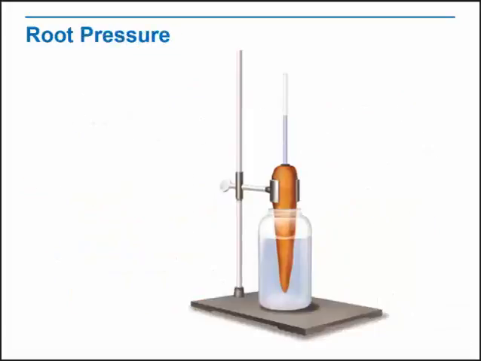As minerals are pumped into the vascular cylinder, more and more water follows by osmosis, producing a strong pressure. Because the water is contained within the Casparian strip, the water has just one place to go: up. Root pressure produced within the cylinder by active transport forces water through the vascular cylinder and into the xylem. As more water moves from the cortex into the vascular cylinder, more water in the xylem is forced upward through the root system. Root pressure is the starting point for the movement of water through the vascular system of the entire plant, but it's just the beginning. Once you've learned about stems and leaves, you'll see how water and other materials are transported